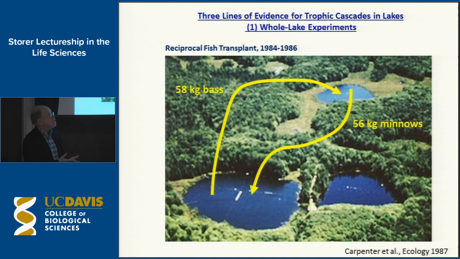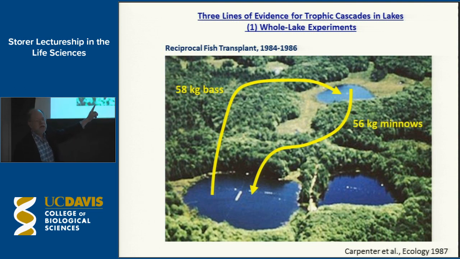The first experiment we did was a reciprocal transplant experiment done in 1984 to 1986. So we had a reference lake, Paul Lake here. Paul Lake has served as the reference lake for more than 30 years of these experiments, and you can remember that because Paul is small and rhymes with control, sort of. From Peter Lake, this lake here, we took 58 kilograms of bass, a top predator, and we moved them over the hill to Tuesday Lake, the lake at the top of the slide, and we moved about the same weight, about the same mass of minnows, small planktivorous fish, from Tuesday Lake into Peter Lake, and we were careful